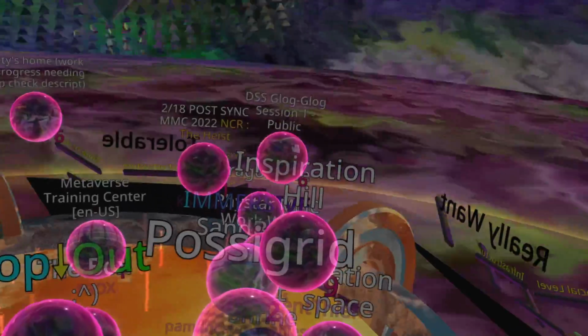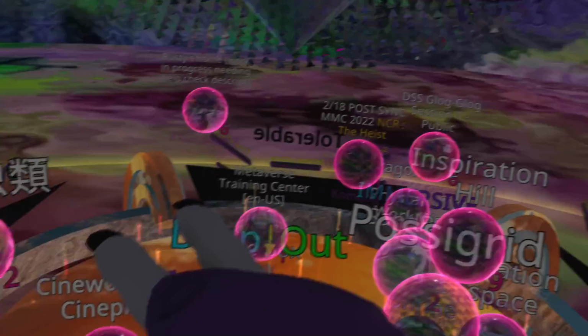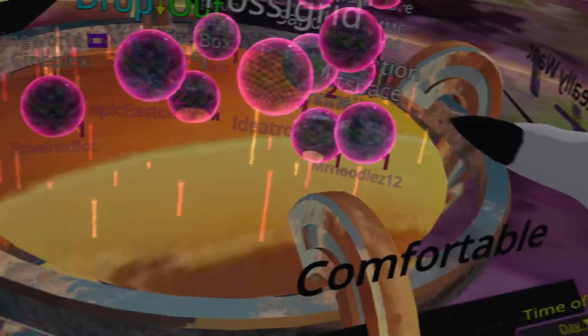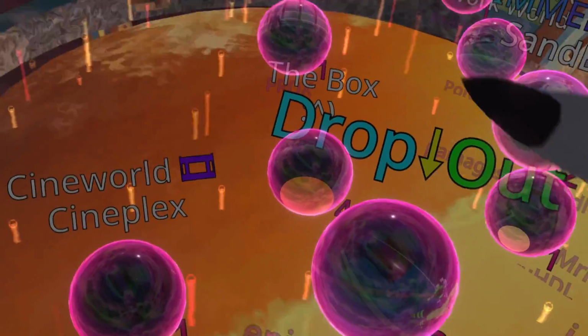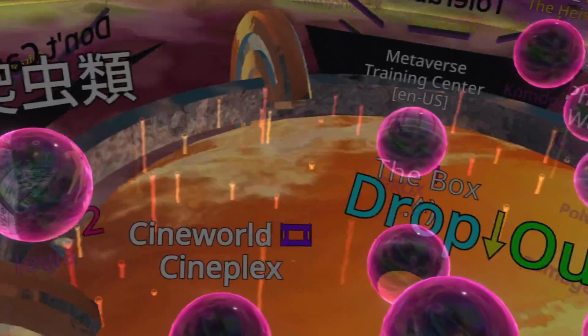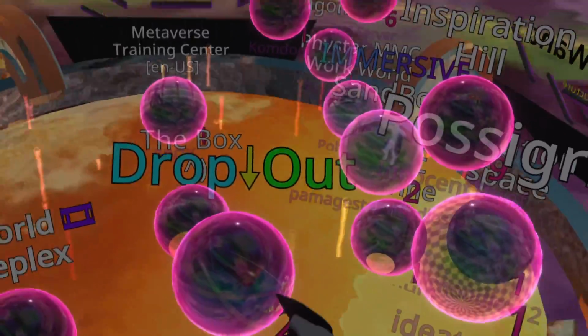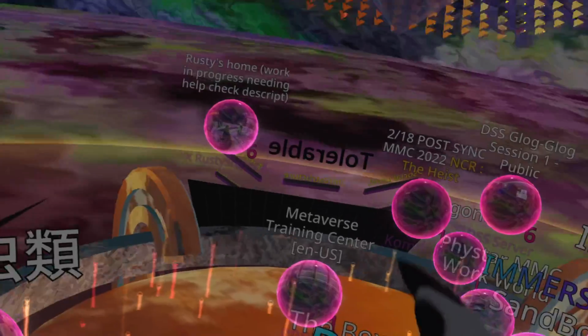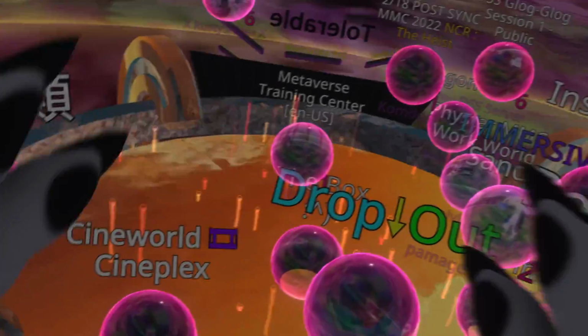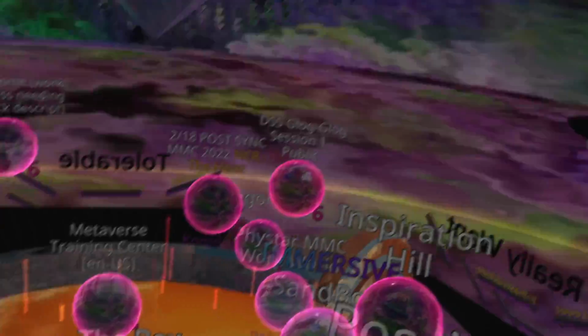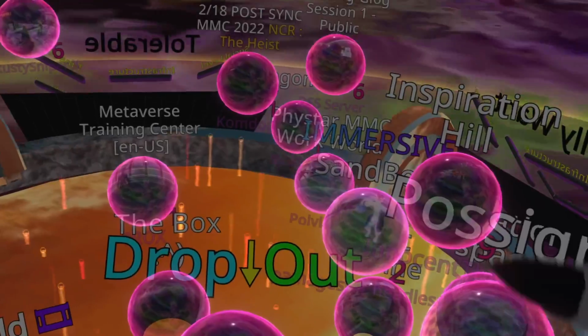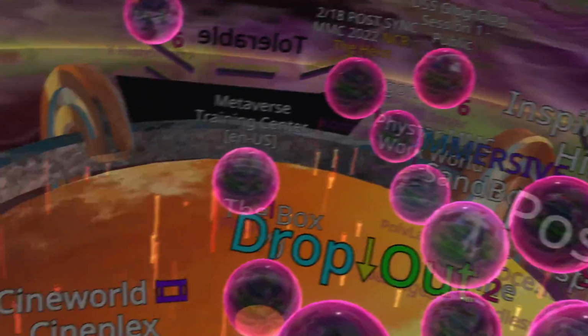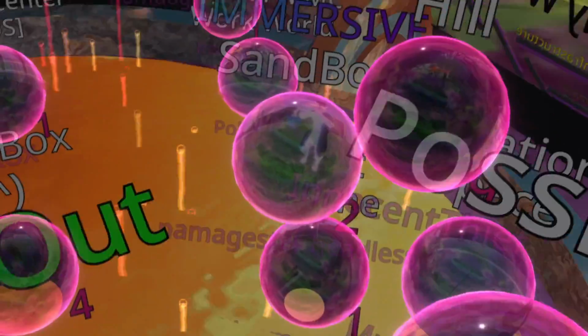See the world table here? The Possibilon will scan all the worlds open right now. Every time you enter a world in Neos, you open a world for everyone else to see where you are and everything else, right? So someone's in the Cineplex right now, someone's in this dropout place, someone's in the training center. Okay? So, the Possibilon, as soon as I agree to submit to the quantum computer part of the Possibilon's quantum oracle brain, it will scan and actually look through machine learning, look at all of these pictures inside of each of these